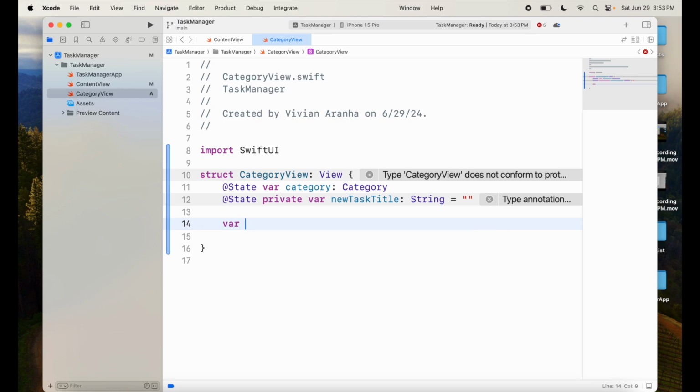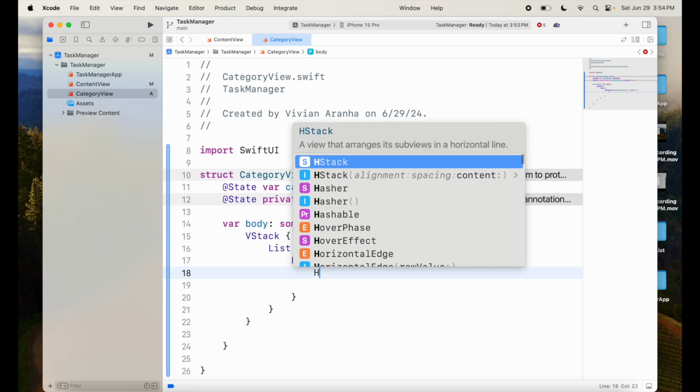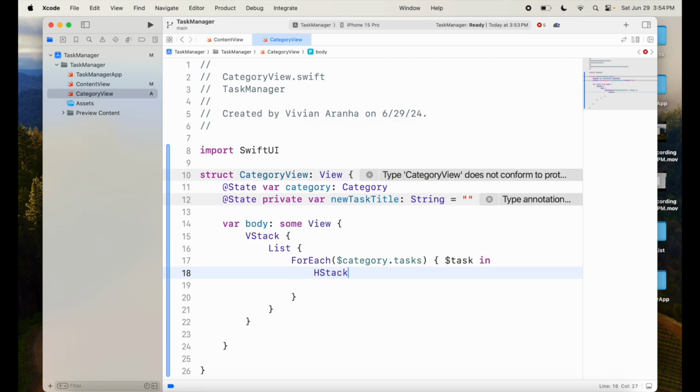It will also have a body, so body some view, and inside here I'll create a VStack which will have a list, and this will be for each of the category dot tasks. So depending on which category screen we are on, it will use those tasks. So I'll say for each of the tasks inside there, I want to create a horizontal stack, and this horizontal stack will have, let's say, text, which is task dot